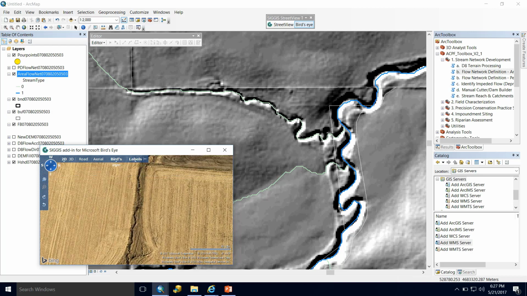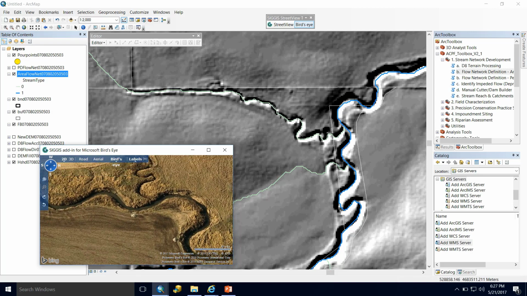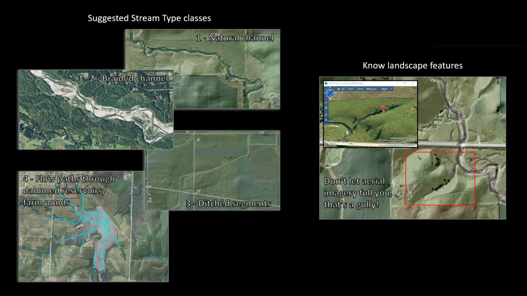It'll take a while to get a feel for what you would like to classify as a perennial network, and it may vary based on what you're going to be doing. You just need to be able to make the decision beforehand and make sure that you keep track of your coding and editing process. I'd like to point out that in this example, we were simply coding a perennial stream network using a value of 1.